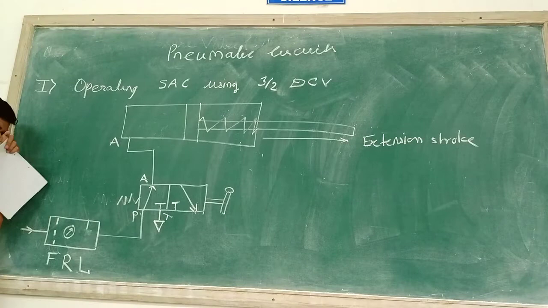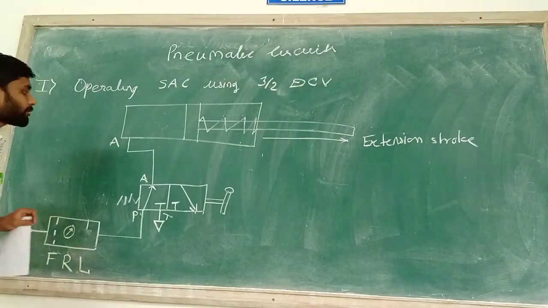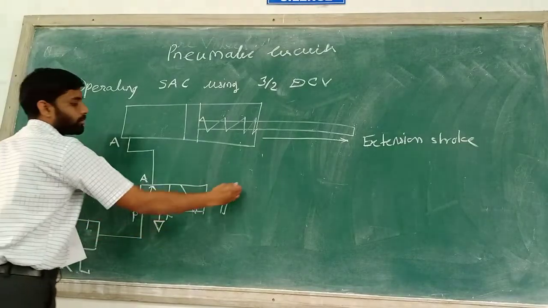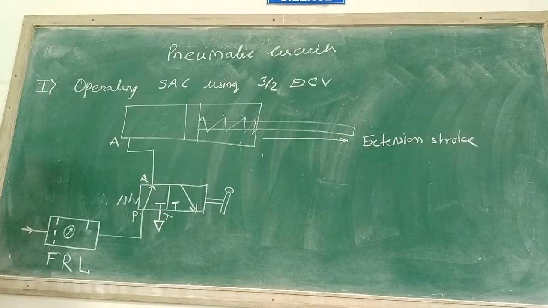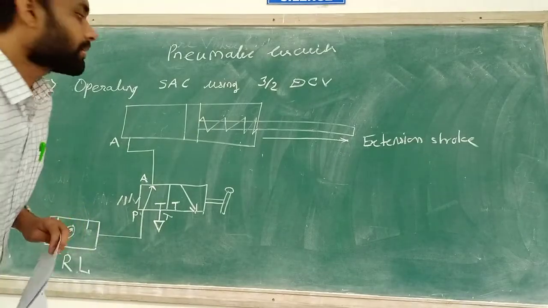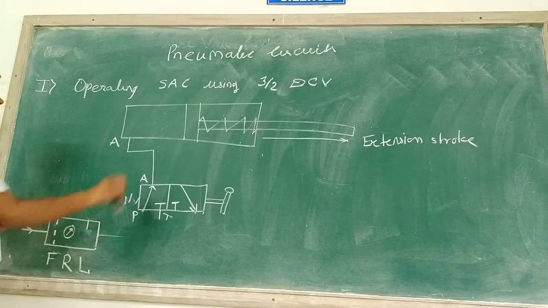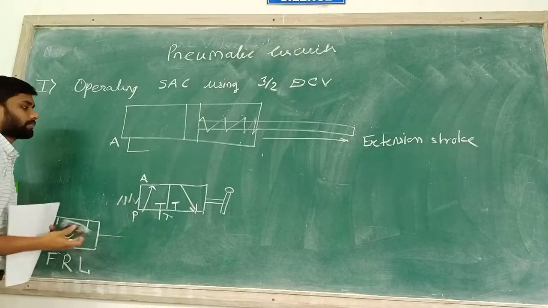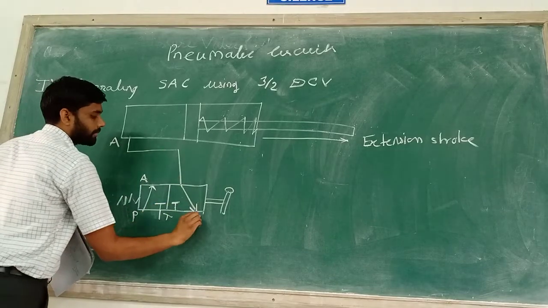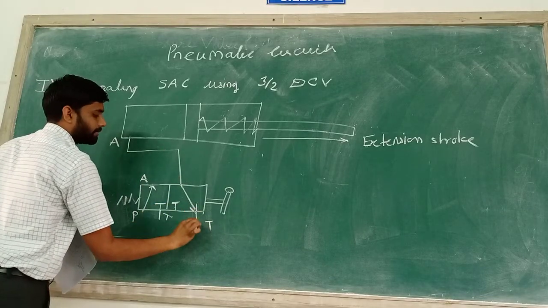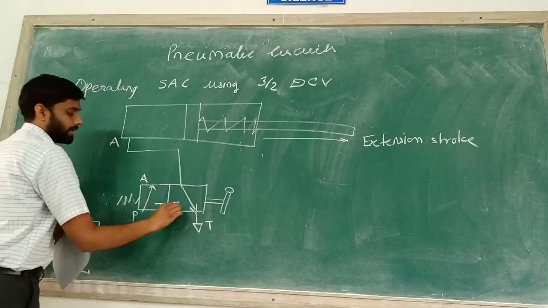Okay. Similarly, when we need a retraction stroke, at that time what we are going to do is operate this lever and change the position of this 3/2 direction control valve. On this second position, this port A is connected to the tank port T here. Okay, and this